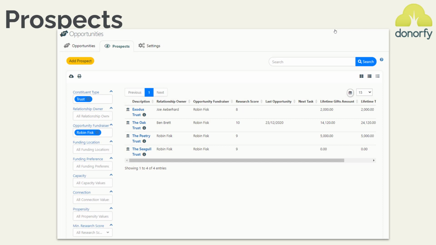Next, if you're using the opportunities feature, you might find this interesting. So there's a new tab at the top of the screen there. You'll see there's the opportunities and settings tabs, and there's a new one now called prospects. This is just a simple way for you to manage all of your prospect constituents in one place,